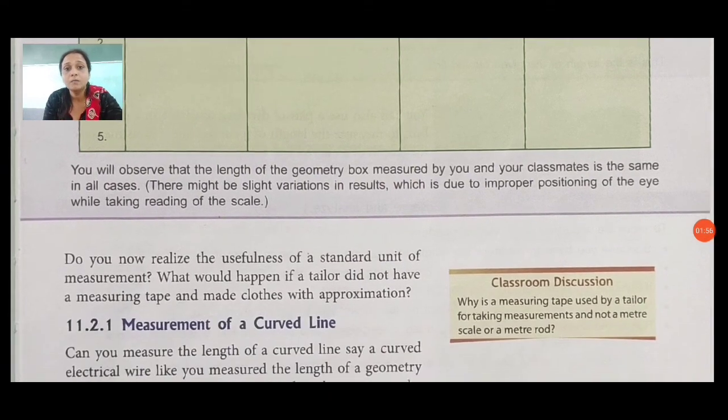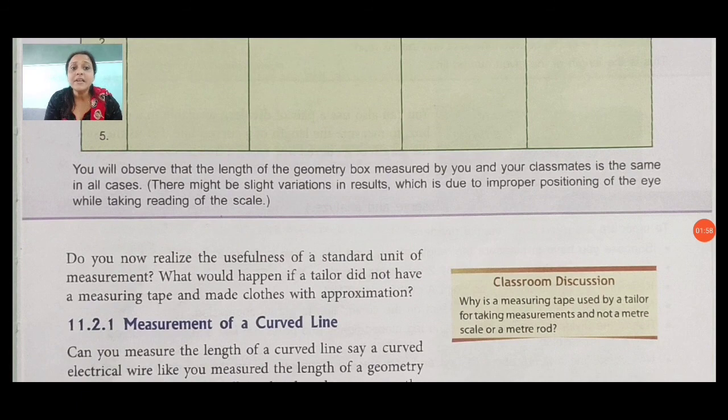Then we have measurement of a curved line. Our next topic is measurement of a curved line. About this topic we will discuss in our next session. Till then,